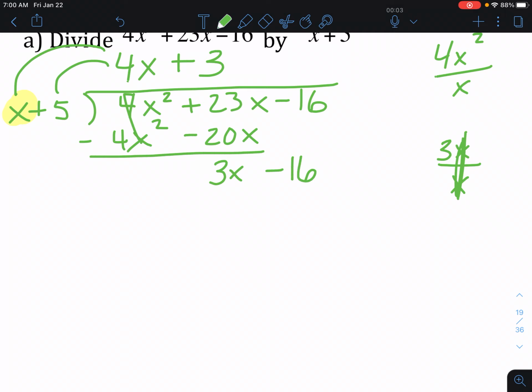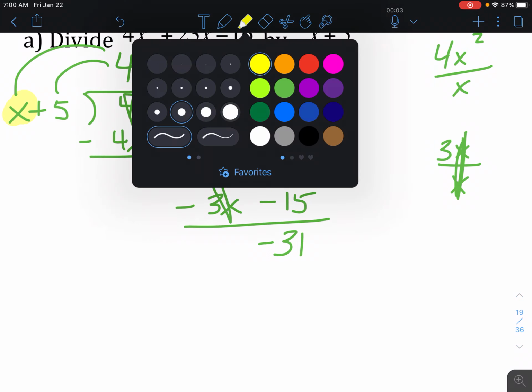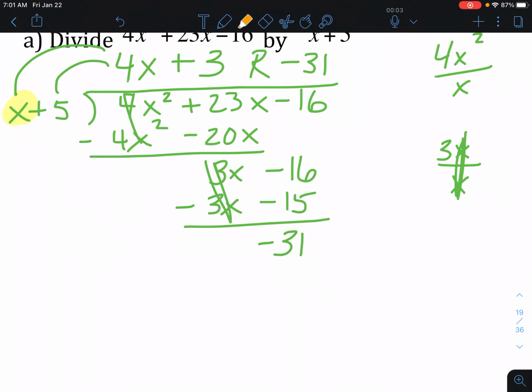And then we're going to take the 3 and multiply it by x, and multiply it by the 5. And then we are going to subtract. First one's always cancel. And the second one, subtract, and we'll get negative 31. Now, there's no other terms to come down, so that means that that negative 31 is our remainder. So you can either write it like this if you want, and then this guy would be your answer. You would say your answer is 4x plus 3 with a remainder of negative 31,